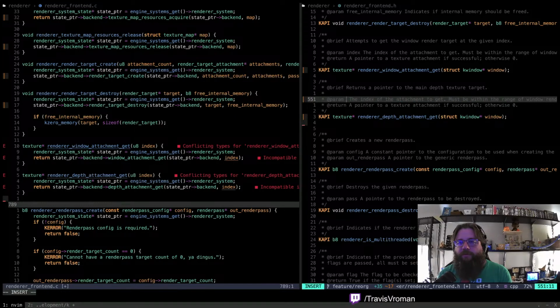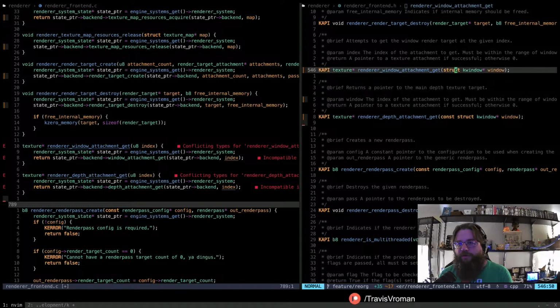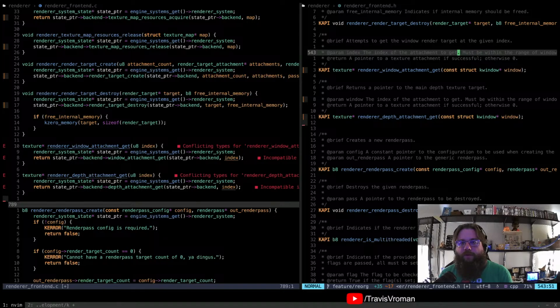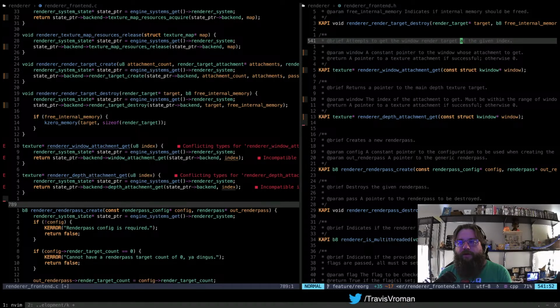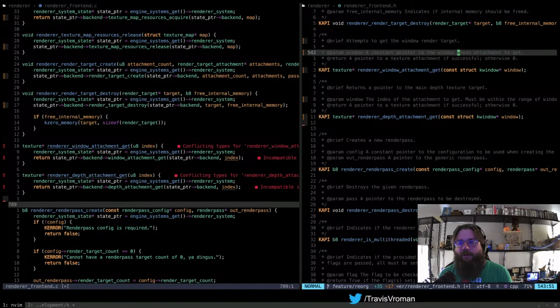This is going to be window and, you know what? It's actually going to be const pointer to the window. A constant pointer to the window whose attachment to get. And this is going to be the render target, period. Not at the given index, none of that stuff. So